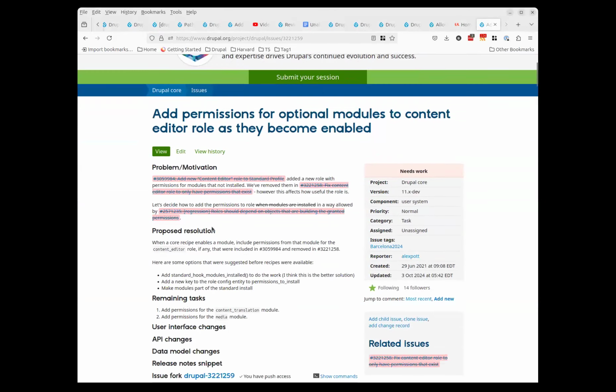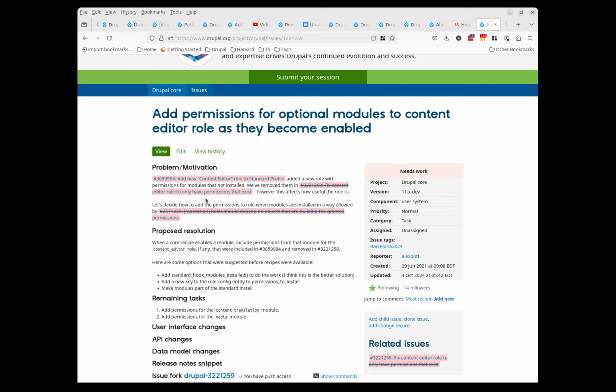I don't know if anyone else will recognize this, but back in Drupal 9.3, we added the content editor role to the standard profile. Originally the plan was that if, say, the content moderation module was enabled, then this role would automatically have certain permissions from that module. But also in Drupal 9.3, we made a change so that roles are not allowed to have permissions unless those permissions are created by an enabled module.